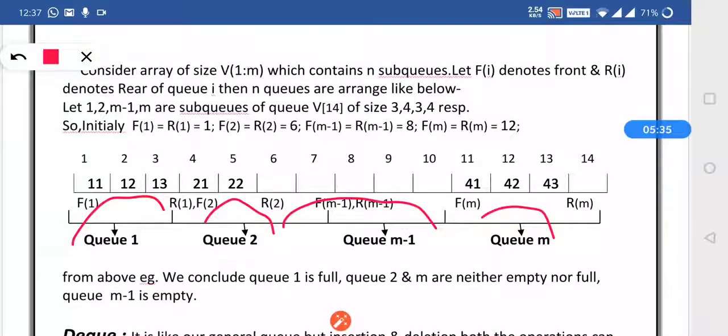So it might be possible that initially it is empty, but its size is specified. That's why these memory locations are allocated to Qm minus 1. And as it is, the memory space is utilized very efficiently because it's fixed according to its size. Multiple queue is a very efficient data structure.